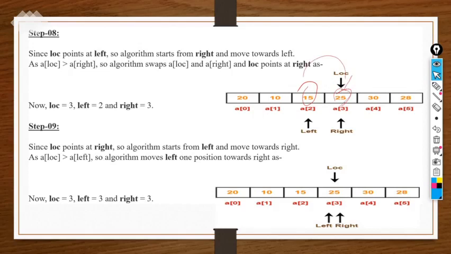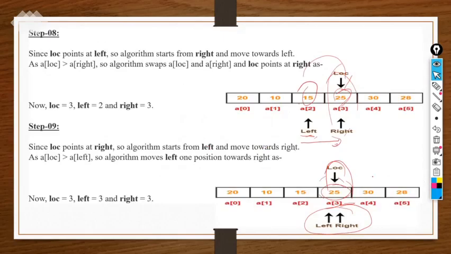So again we have to check whatever is present on the left-hand side. This left is pointing at the 15. It should be less than 25. Yes, it is less than 25. Then it's okay. Now we have to move this left to the right, because the LOC pointer will remain fixed. This can move now. So our left and right positions will become the same at that particular time. So we will compare this value, 25 and 25. That is the pivot element value, and we come here only for the same element comparison.